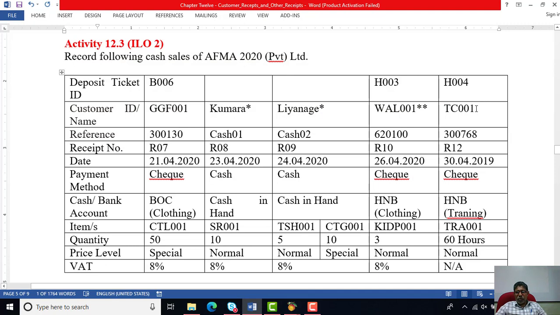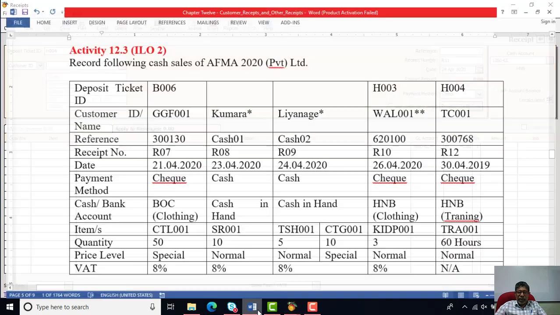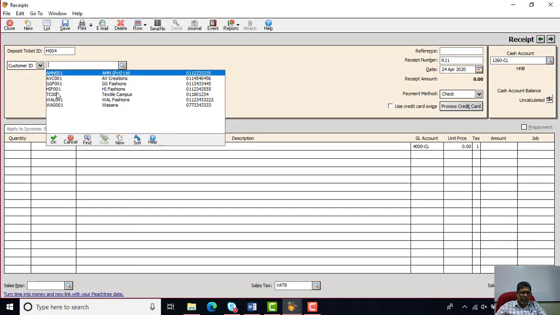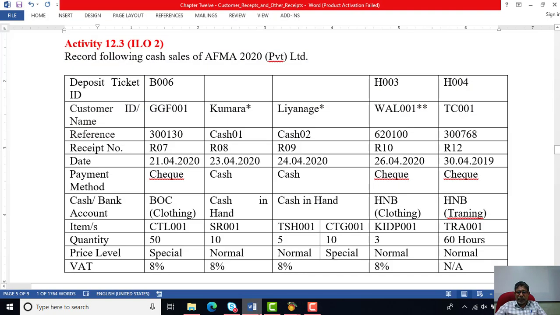Finally, we got one more customer. H004 is the deposit ticket ID. It's going to be the HNB trading account this time. So we will go to the deposit ticket ID H004, and the customer is going to be TC001, training customer connect TC001, and the reference number is the check number of the customer